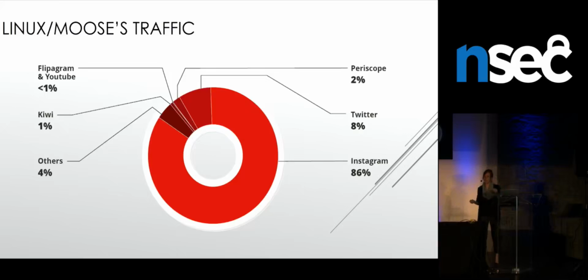There was a bit of Twitter, but most of it was flagged really quickly, so they were blocked at entry. And we had a bit of Periscope, Flipagram, and Kiwi. I don't know if you know these social networks, I'm not too old, but I didn't know about them either, so they're quite new, and just keep them in mind because they're important later on. And then we looked at Instagram mainly, just because 86% of its activity was on this social network.